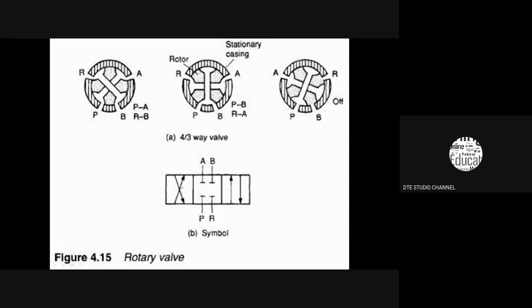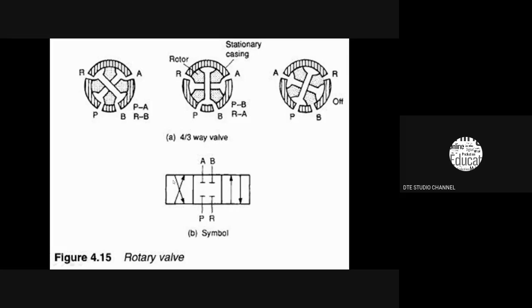For moving the piston in the actuator in one direction, the direction of movement of the piston is reversed, since connection is made between P and B in the second position. In the same position, connection is made between B and R. Through R, fluid is returned back to the reservoir. So the second position is shown by this position.